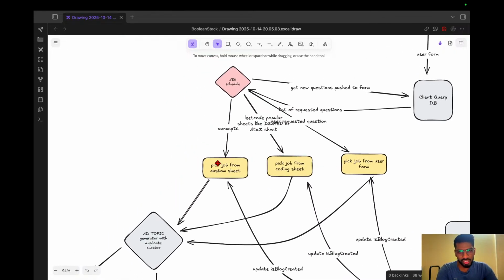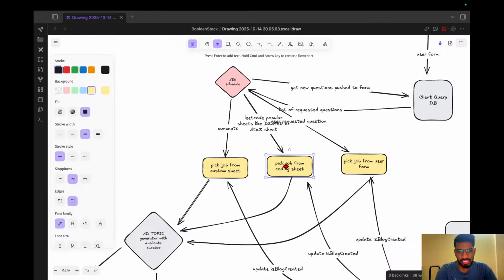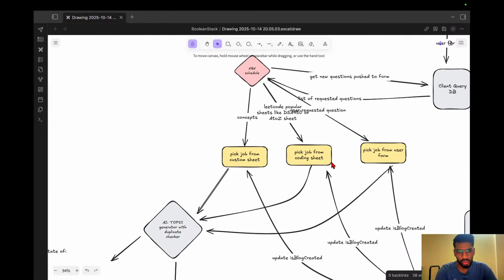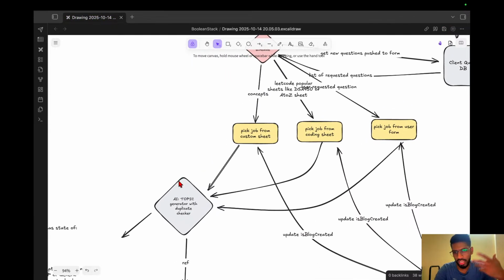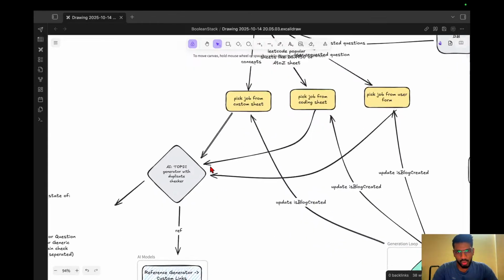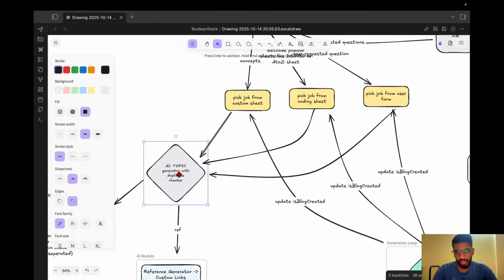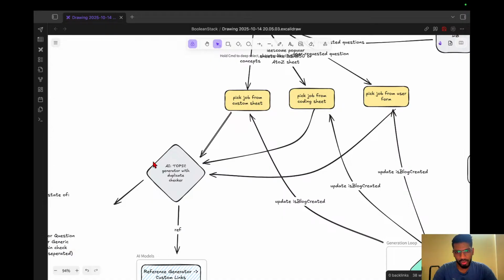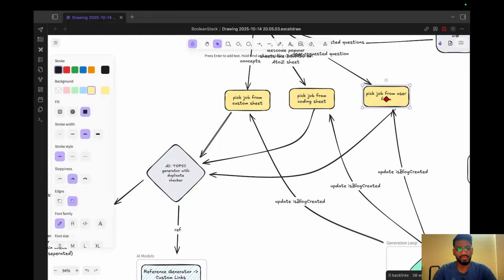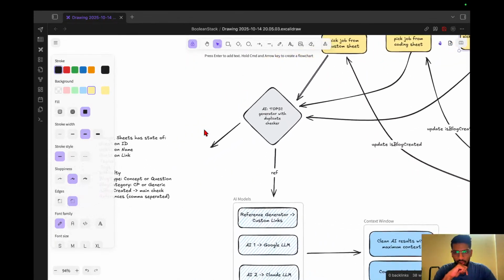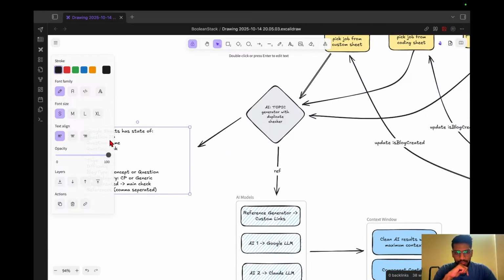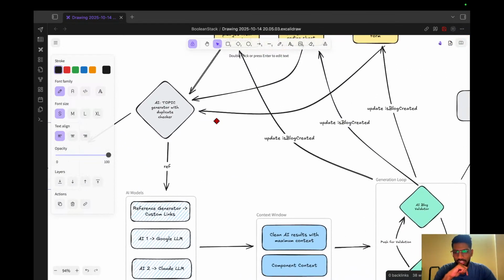So the core idea is these three sheets are going to be picked by one AI agent. Let's say I'm calling it the AI agent topic generator basically. So it will fetch one topic from this sheet, or one topic from this sheet, and one topic from this sheet, but it's going to be synchronous, one topic at a time, either from this sheet or this sheet. And then, once the topics are fetched,